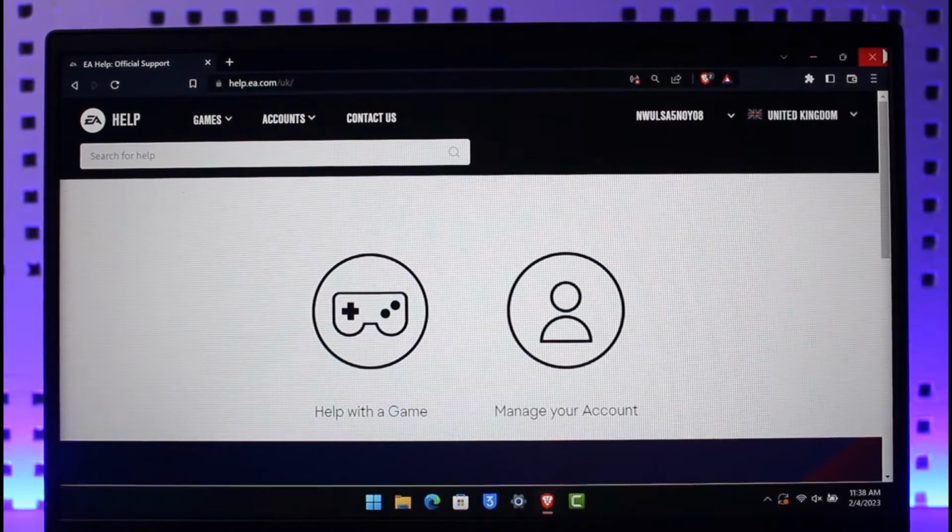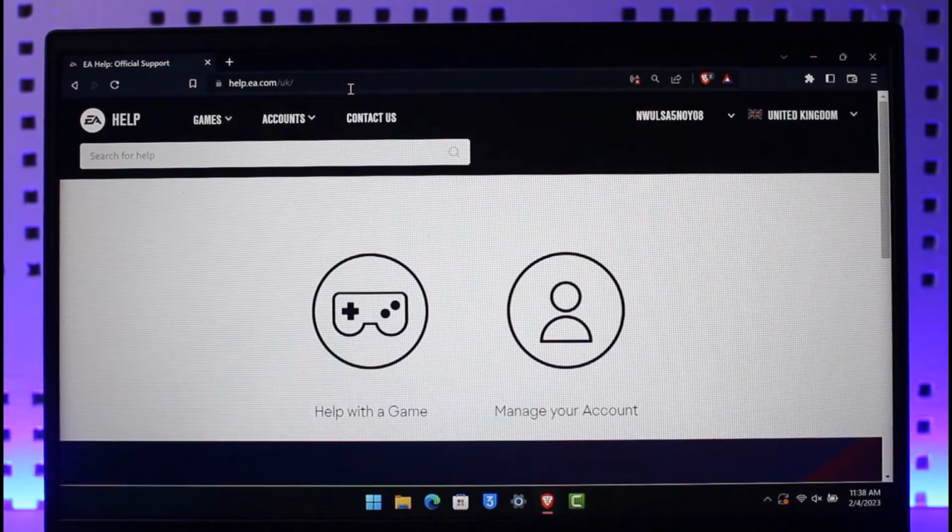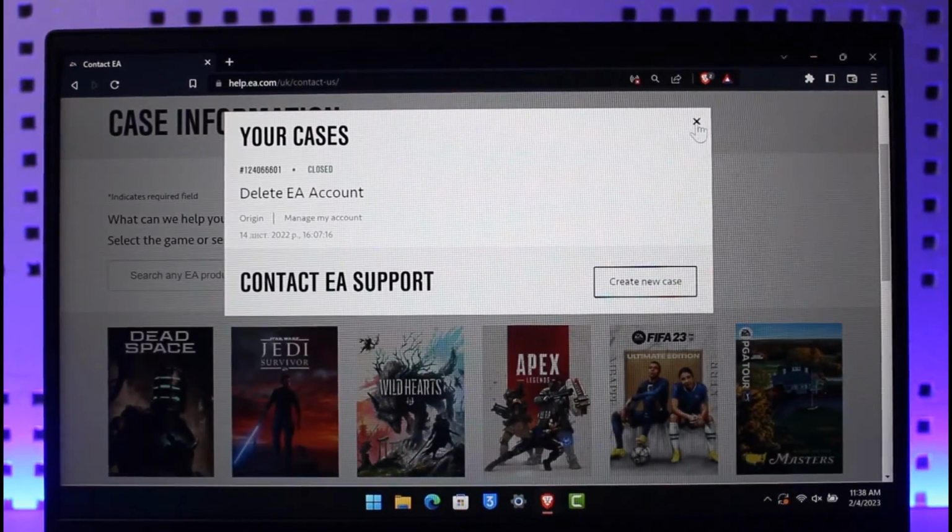So first of all, you simply have to come to this address bar and then type in help.ea.com. Just go to help.ea.com. I'll make sure to drop a link below and then you'll land on this page. Over here you first want to make sure that you're actually signed into your EA account, right? Now once you come to this web address bar, here you'll find the option called contact us. Just click on the contact us button, and as you click on the contact EA button over here, you'll see